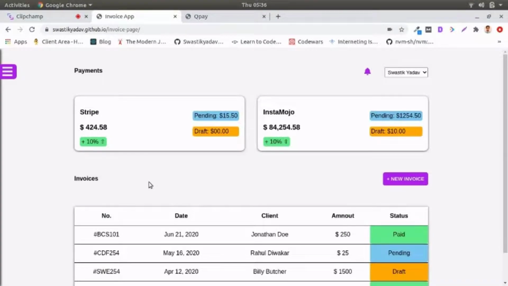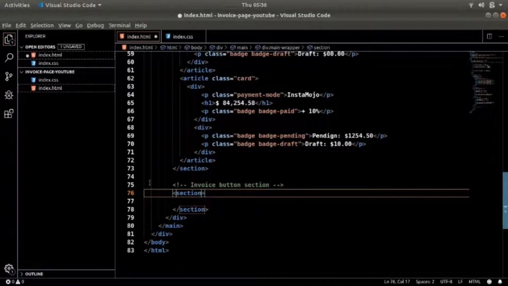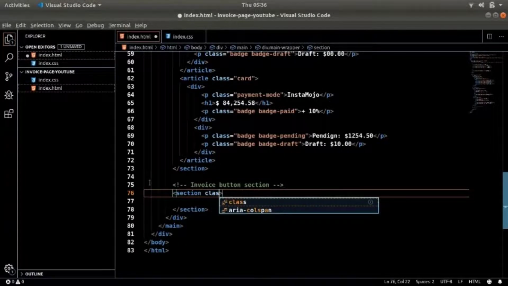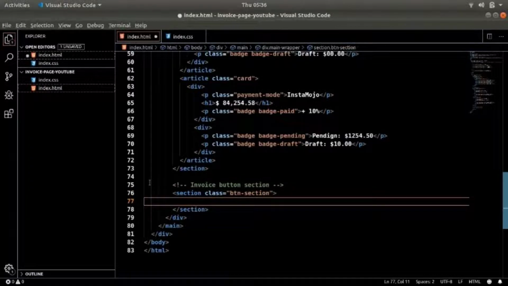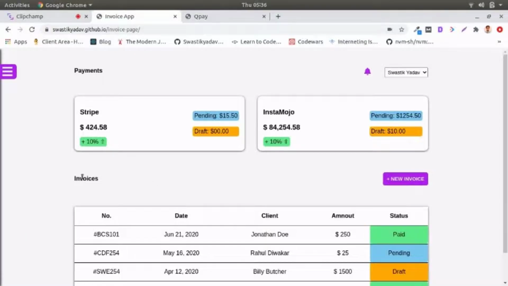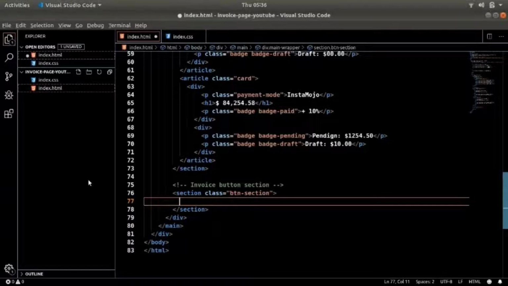Button section. Giving names to a class is pretty hard, so pardon me for the naming. So button section. And in here we will have two things. One is this invoice, which I think basically is just a p tag, and then another thing is this button.